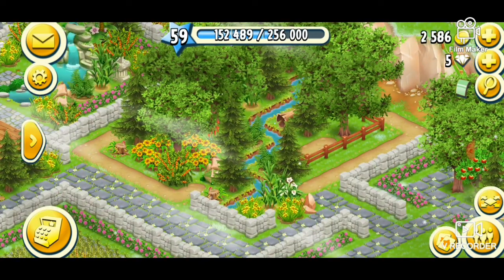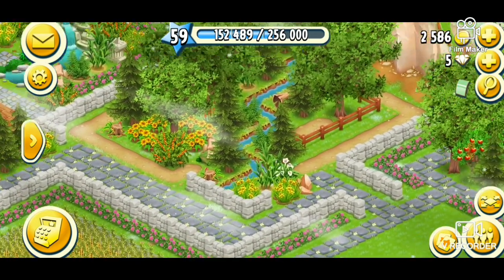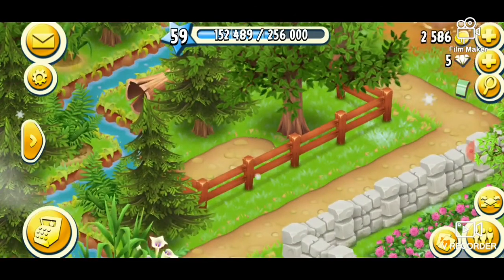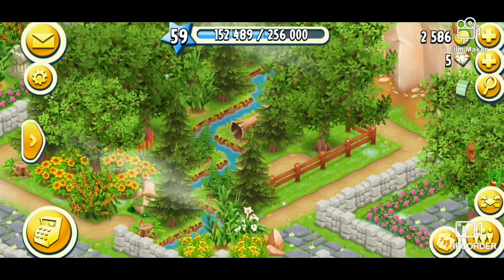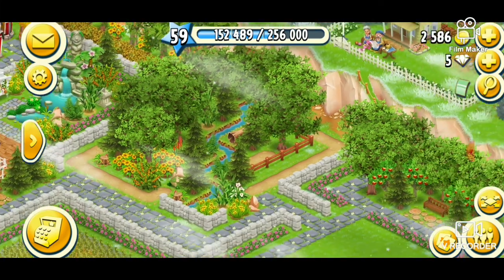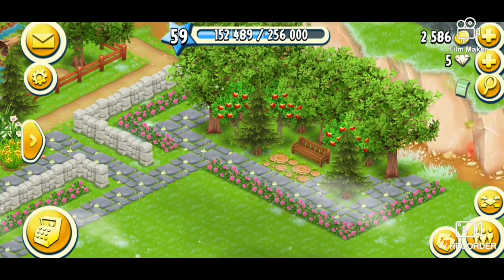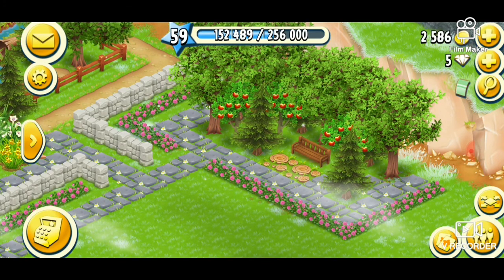So you can imagine, you know, the kids running all around here and playing, and they jump over the fence and they're playing down by the river, throwing stuff into the river. It just adds to the imagination. And obviously you've got a little bench here, some trees there that are,